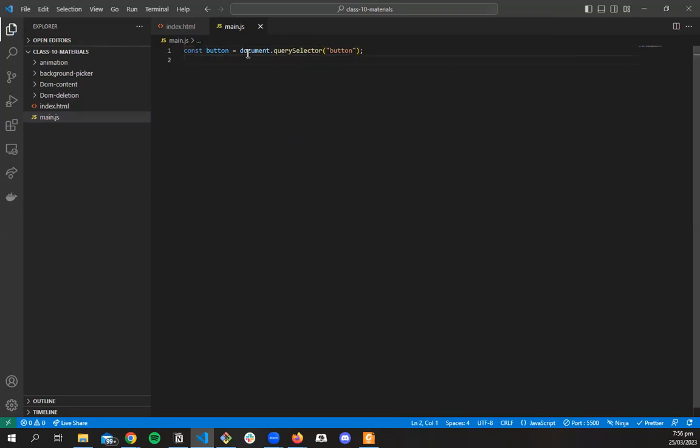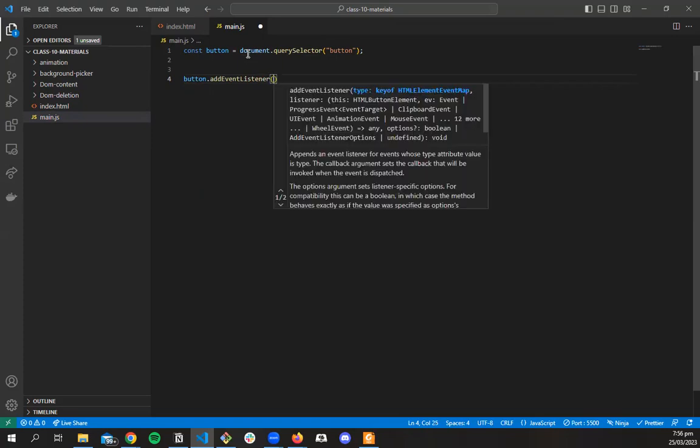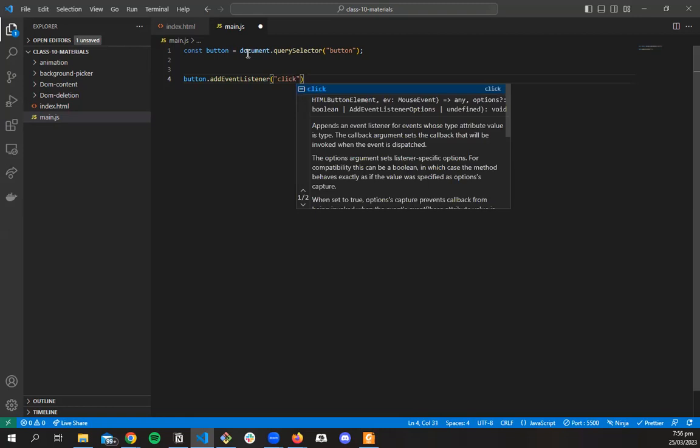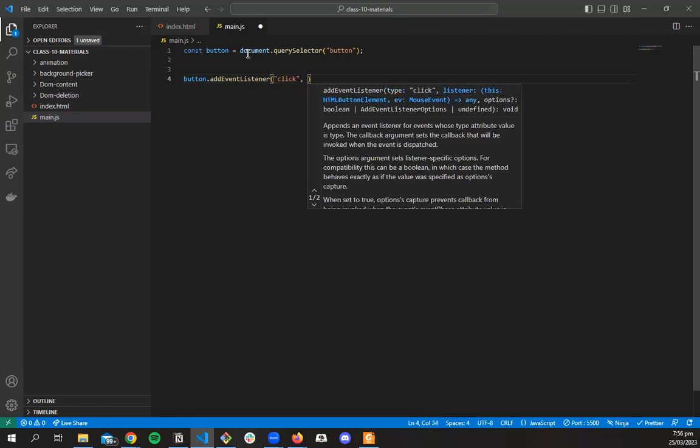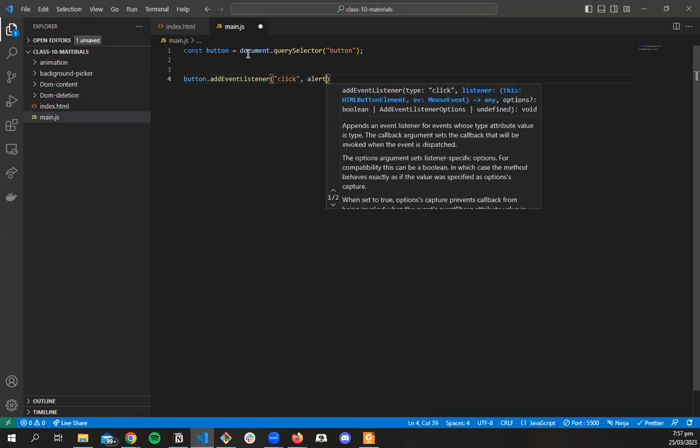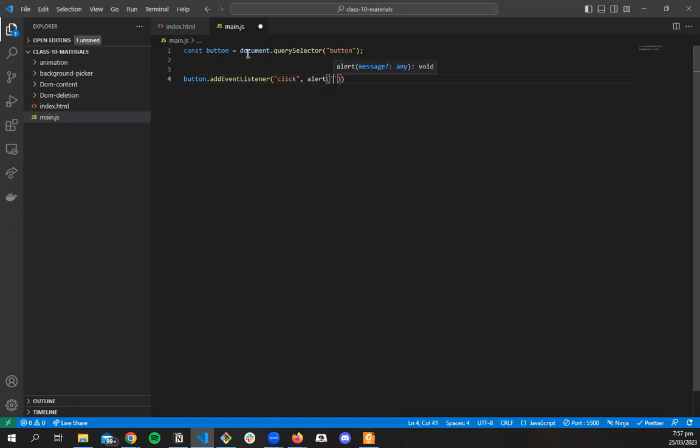Event listeners are things that are listening for events. We can specify which event it should listen for, and when it hears that event, we want to do something. So we can say we want our button to listen for an event: dot add event listener. Listen for a click. If you hear a click, do something, maybe nothing fancy,